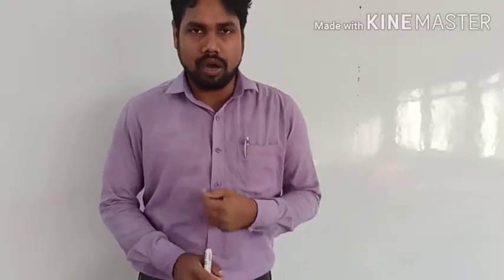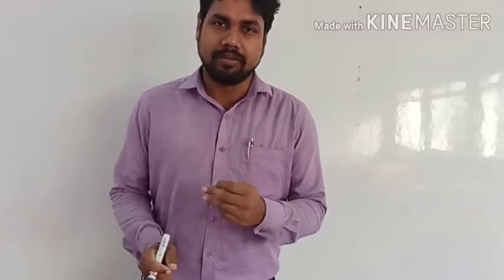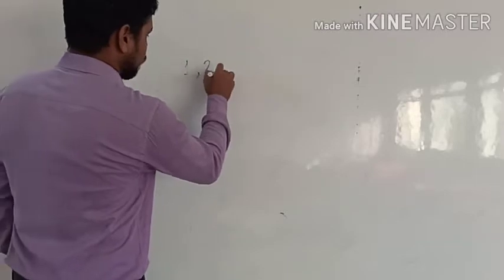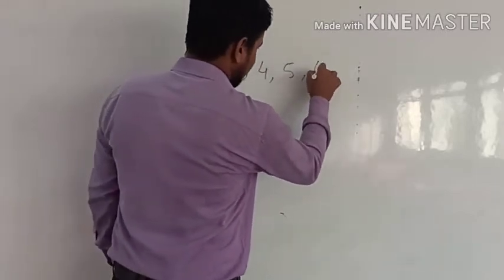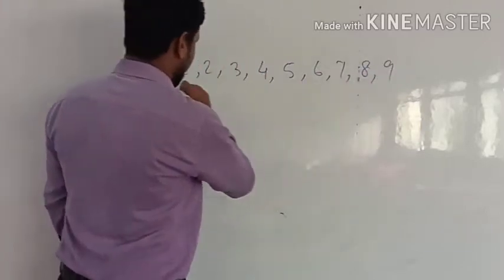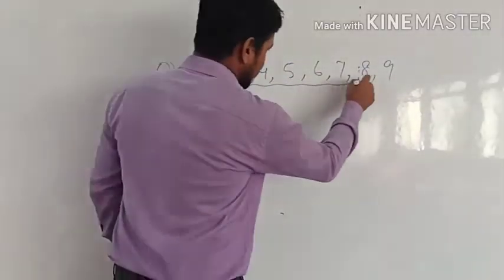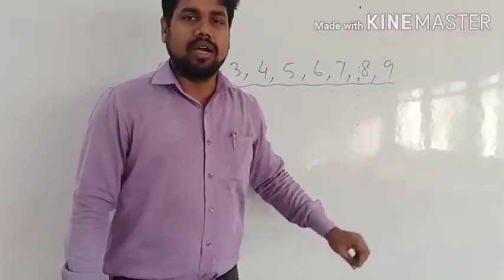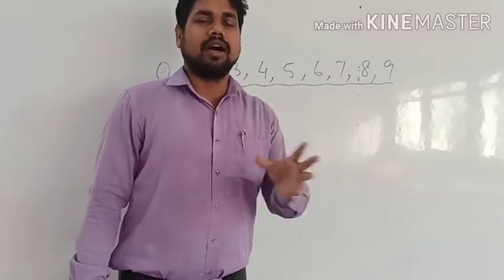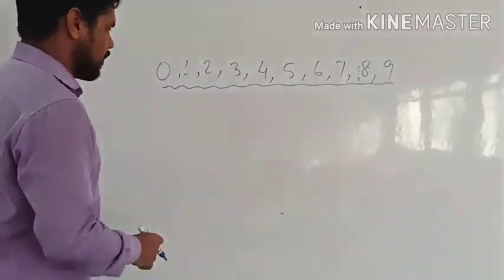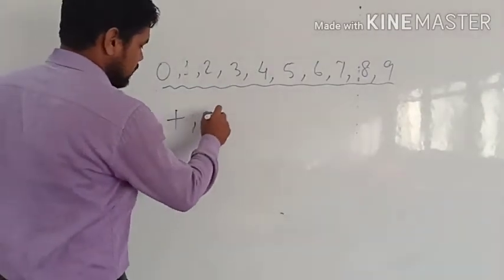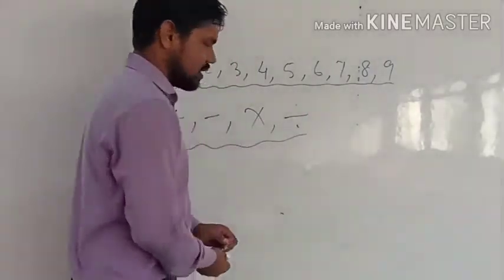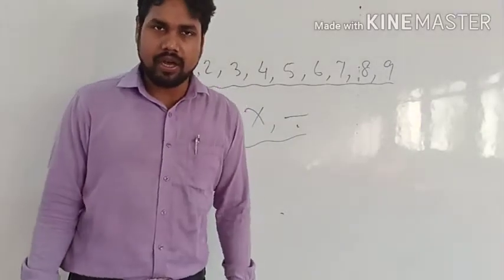So algebra, or mathematics, starts with the numbers. If we take an example of numbers, we can write 1, 2, 3, 4, 5, 6, 7, 8, 9 and 0. Only these are the numbers which we have. Using all these numbers we do all the calculations, or we can form all the other numbers also. After that we have some basic operations like addition, subtraction, multiplication and division. These are the only four basic operations which we have in our mathematics.